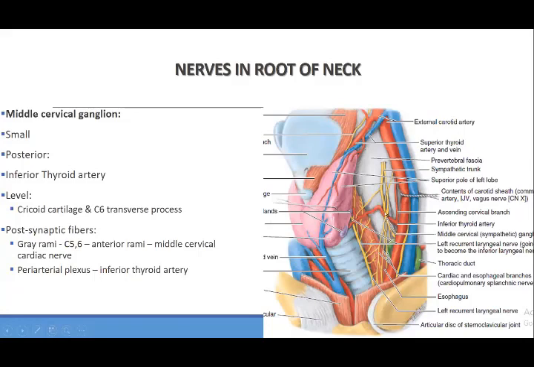अब इसका लेवल क्या है? This ganglion is lying at the level of cricoid cartilage, या फिर in other words 6 cervical vertebra उसके transverse process के लेवल पे होता है। At this level, इसका ये मतलब नहीं कि उसकी vicinity में पड़ा हुआ है, ये लेवल है इसका।